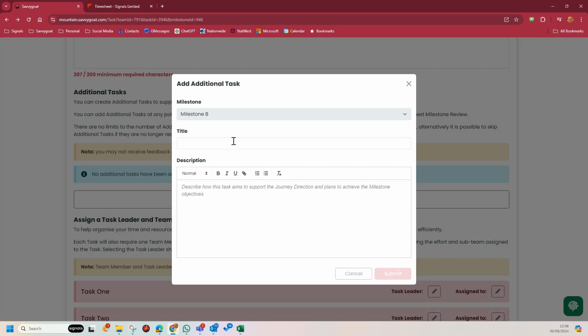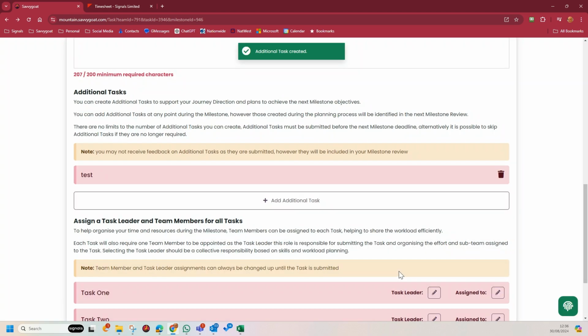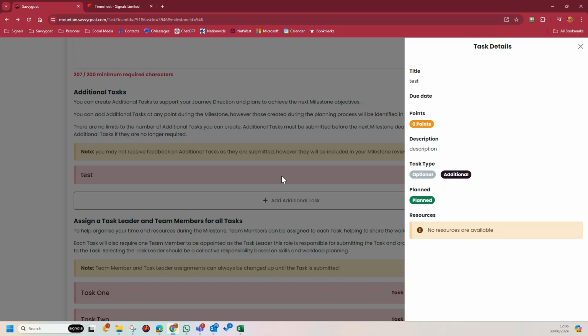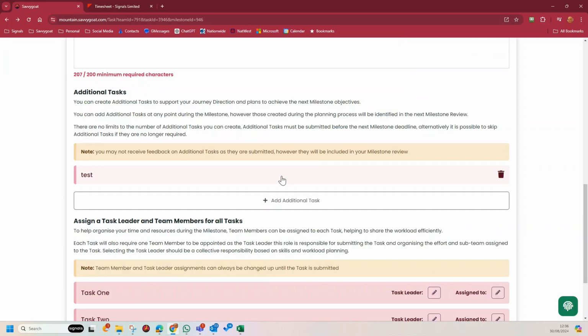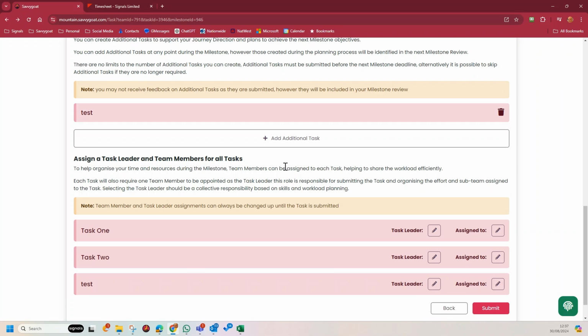Just click the additional task button and add a task name and a description for whatever you want to do for this additional task. And it adds the additional task there, which you can then review in exactly the same way. These are obviously optional, and you can skip them as additional tasks if you choose not to do it